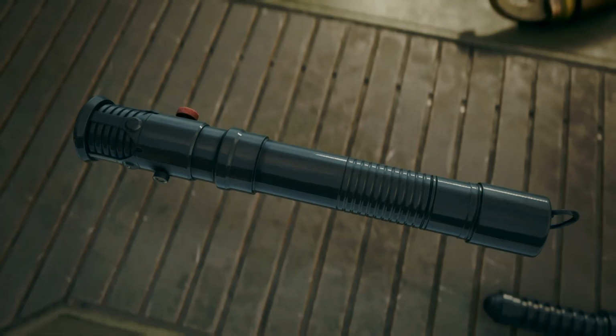The next lightsaber is Qui-Gon Jinn's. Now this lightsaber has been a pain for me for quite a while. I've tried building it in so many different ways I've lost count, and this is my favourite way of building it. However, if you check out the full video, you'll see a few different options and variations of Qui-Gon's lightsaber